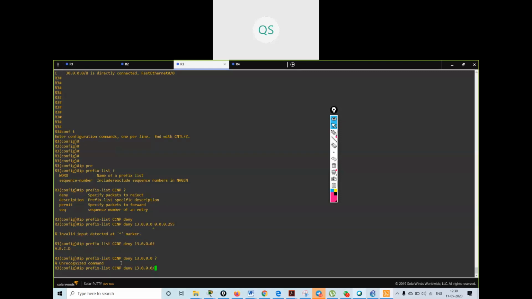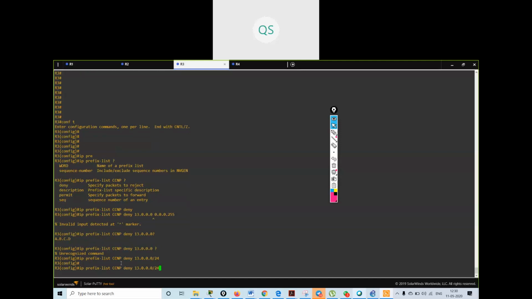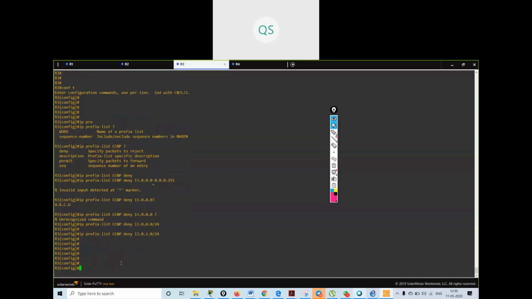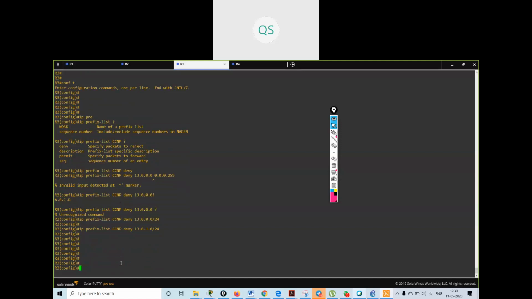I will use the slash value as 24, the 13.0.0.0 network slash 24. So I have said I should not get these two routes.